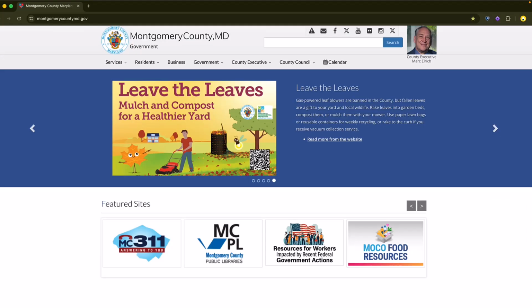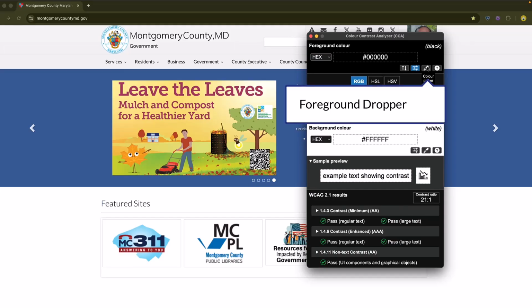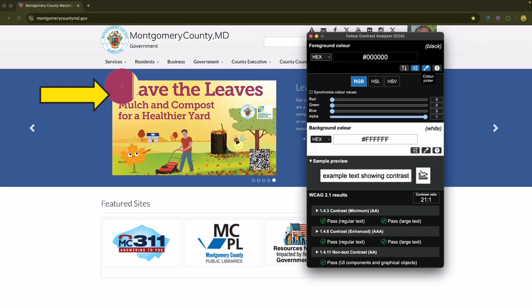Let's take a look at the Montgomery County homepage. We can see there's a carousel of images of text that is loaded on the homepage. The Leave the Leaves mulch and compost for a healthier yard image is using a purple and yellow color. Let me test the contrast of this using the analyzer. Open the analyzer and place it near the image that you want to test the contrast for. Pick the color dropper for the foreground, and then hover over the font used for the text in the image,